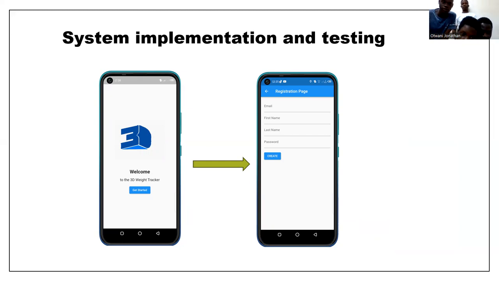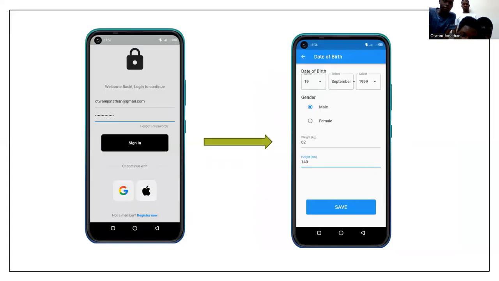Then you create your account on the database. After that you sign in using the sign-in page, where you re-enter your email and your password, or maybe use a Gmail account. And if you didn't register, you can go down and register again on the register now option.